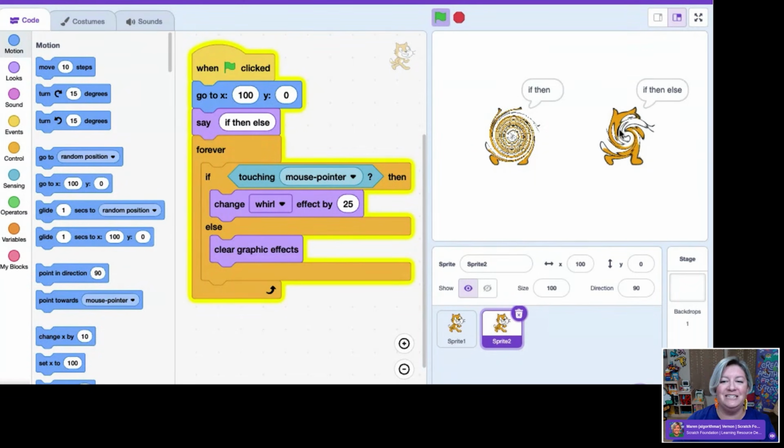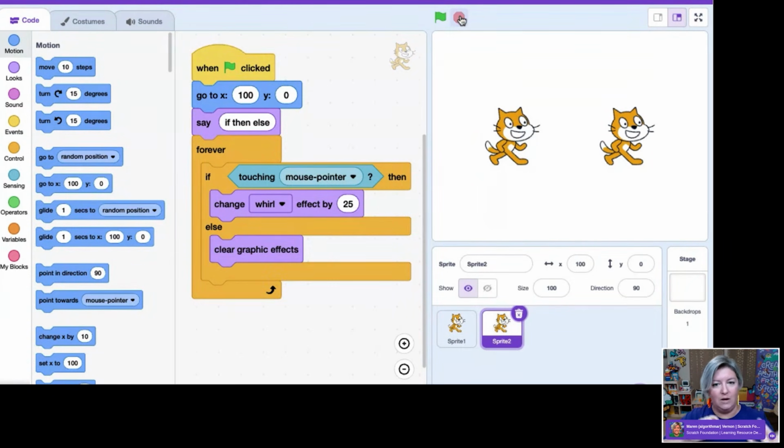Now, you'll notice it's kind of jumping here, in part because when my sprite is turning, all of a sudden, it's not touching the sprite anymore because some white space has been introduced in the whirls. So it gets a little tricky here to debug and troubleshoot what you're looking at. But this is a nice example of just comparing and contrasting the difference about an if-then versus an if-then-else, and what kind of control you get by having a similar but slightly different statement there.